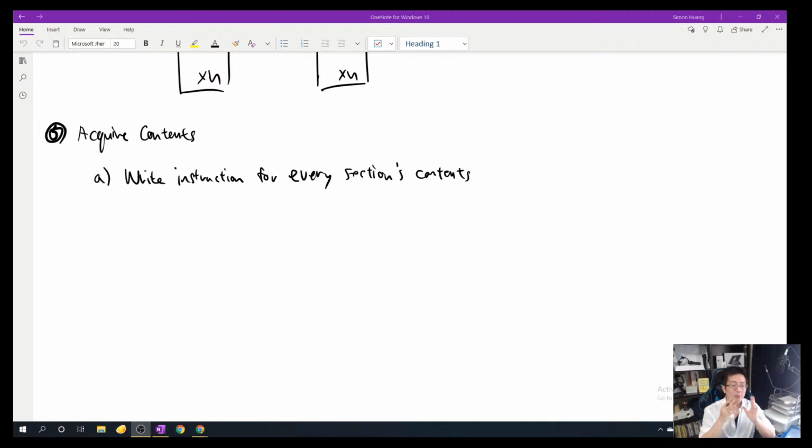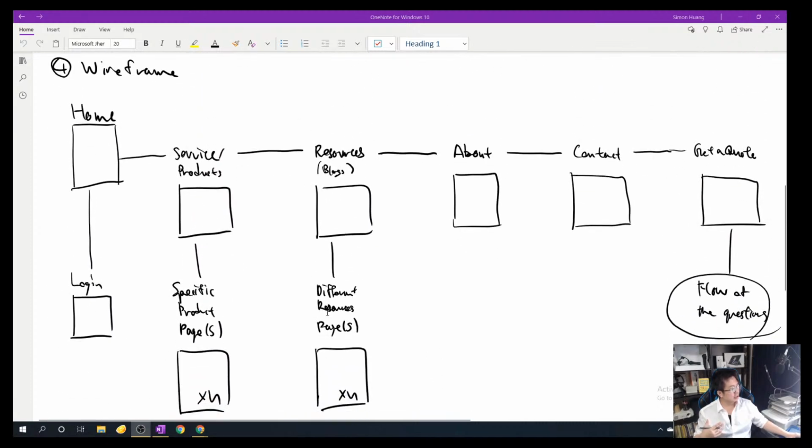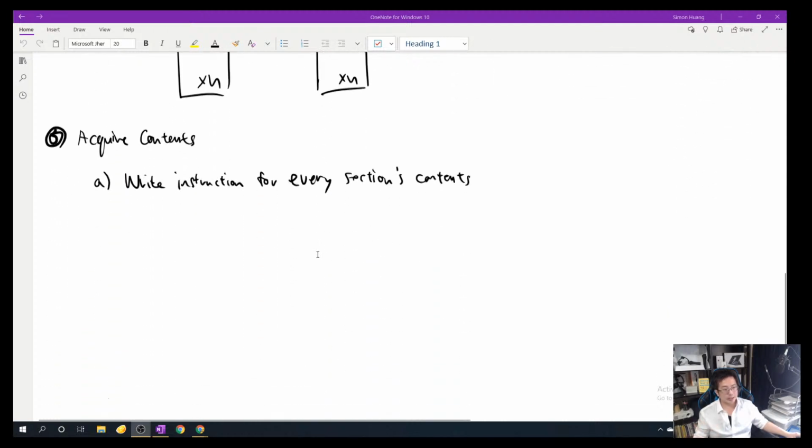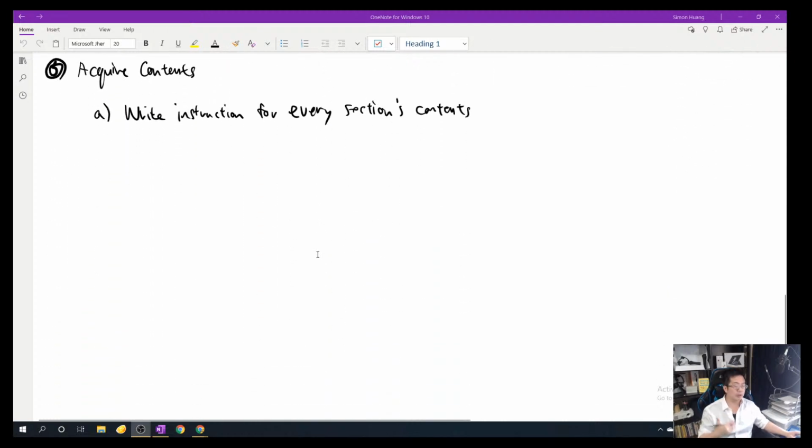Yeah, I literally walk them through how exactly they should do it. Because usually by this time, after building out the framework, I'm done designing on my part. Although I didn't show you guys, at this point, building a wireframe, I'm already done my design. So I have to take my time to actually instruct them how to get every single content. I even give them a Google